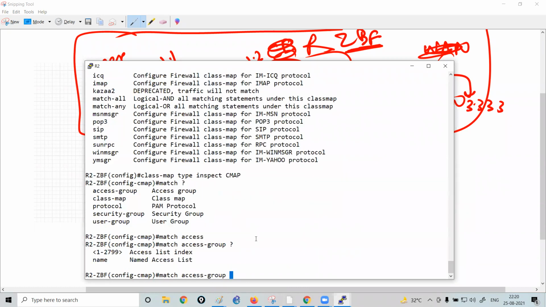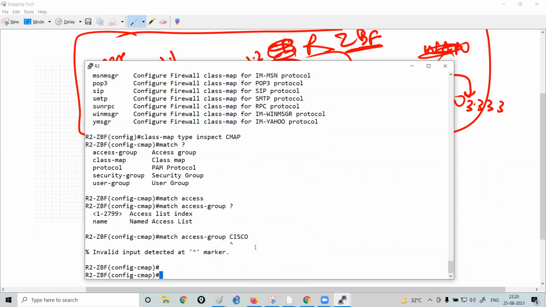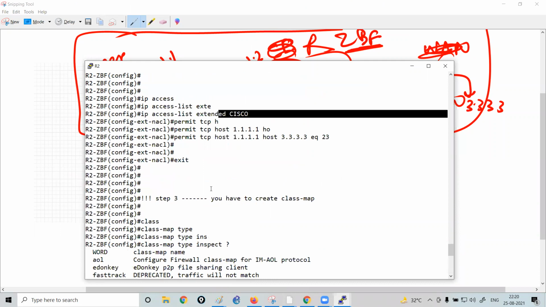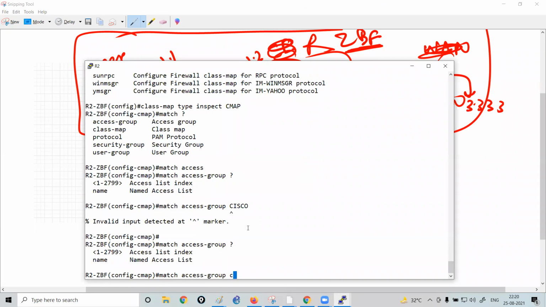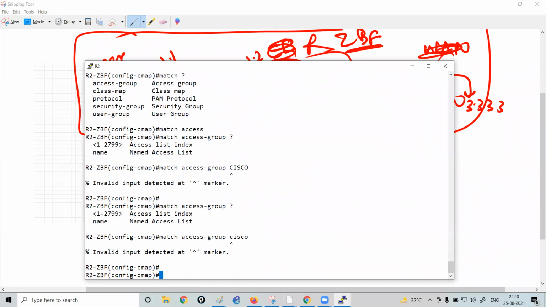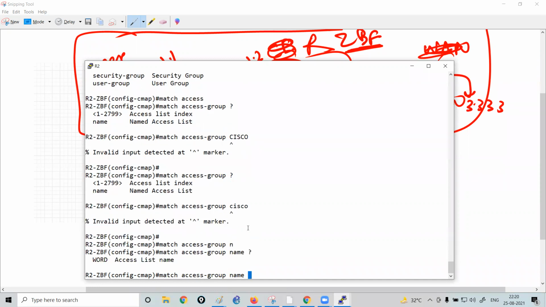It is Cisco. Match access-group name, and then you have the option Cisco.